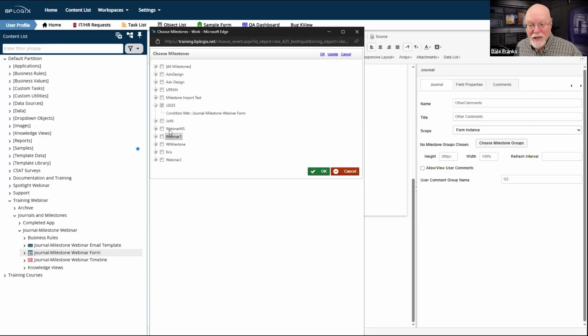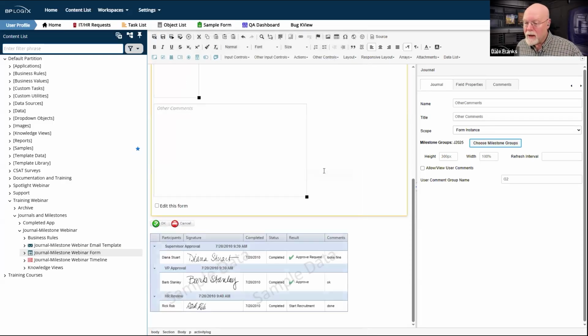Although, as I just said, we can have multiple milestone groups. So you can make this super complex. But for right now, we're just going to keep J2025. Now, because I've chosen J2025, my text here has changed. It no longer says no milestone group set. It now says milestone groups J2025.